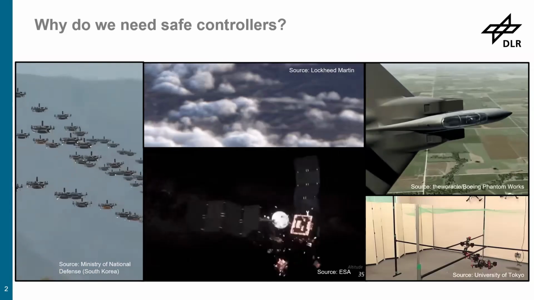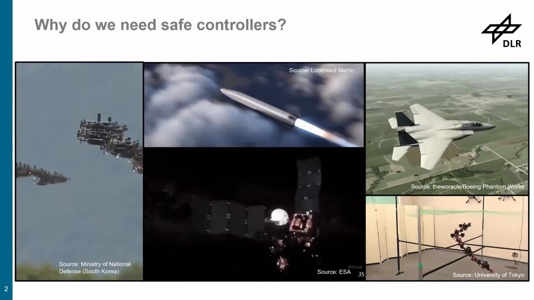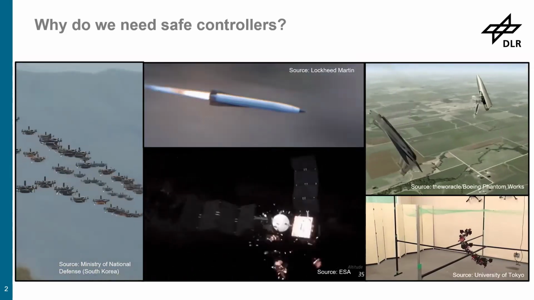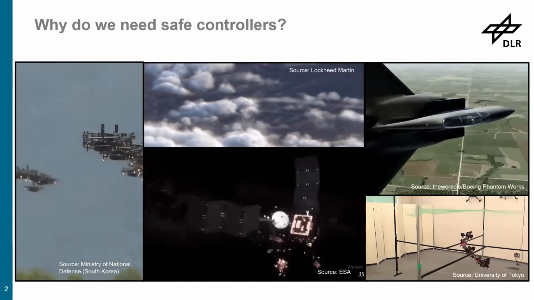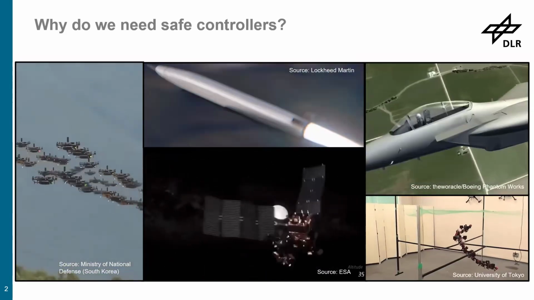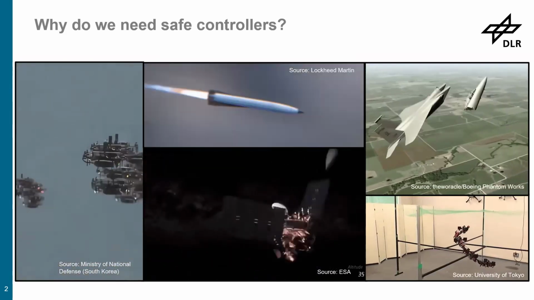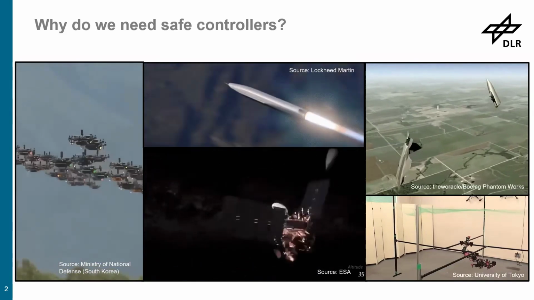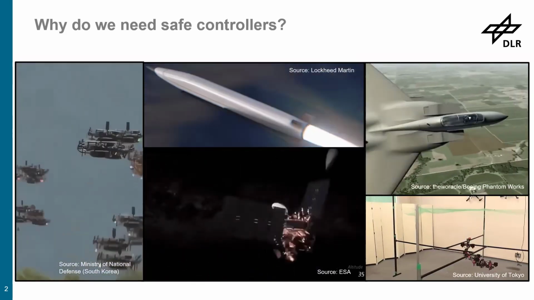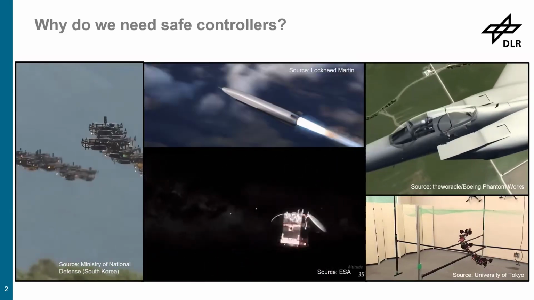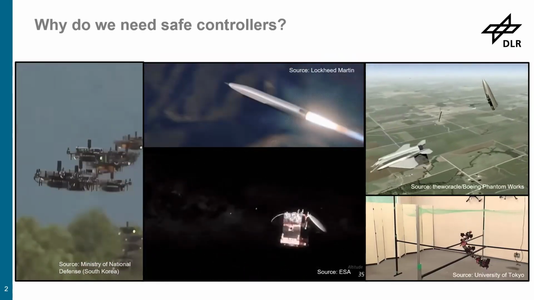Of course, you have satellites on their orbits, and when you have space debris or other satellites and the satellite will collide, you have an issue. Fighter jets with structural load limits, stall limit, etc., or this very nice snake-like robot from the University of Tokyo, which is trying to creep its way over there and tries to prevent colliding with the surroundings. That's also an example where you could use control barrier functions. So, multiple fields of application for the method.